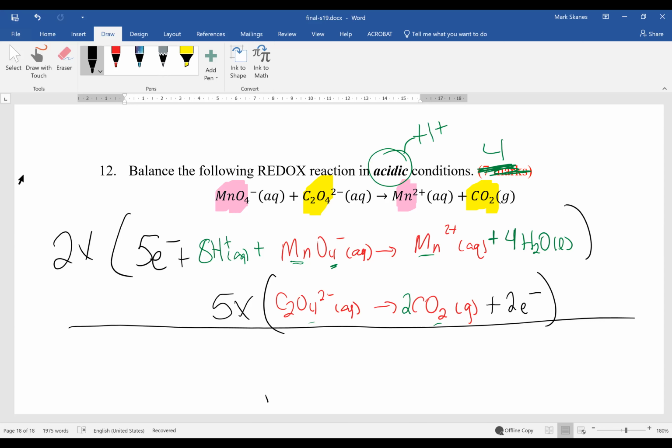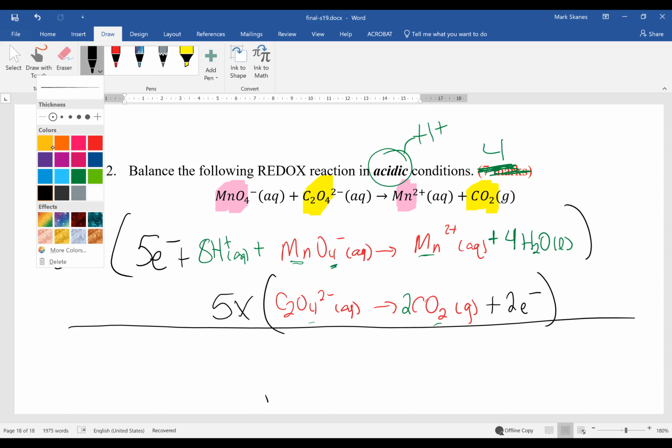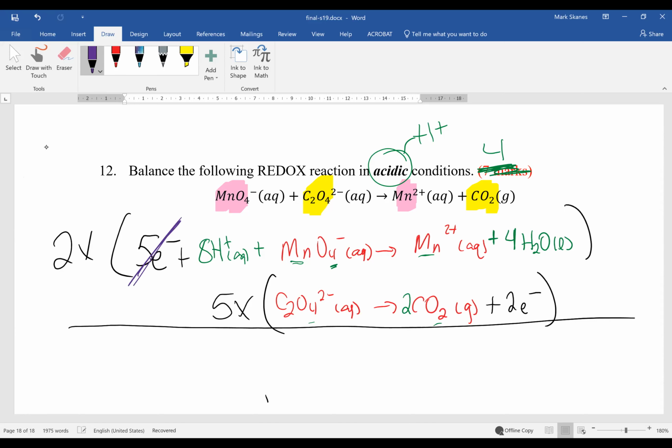And just to save time, because it is 7:59, my electrons will cancel. Let me switch to another color. What's a cool color for canceling? Orange is cool, purple is a cool color. Cancel, cancel. Now I add up what's left. And what's left is, be careful with the math,